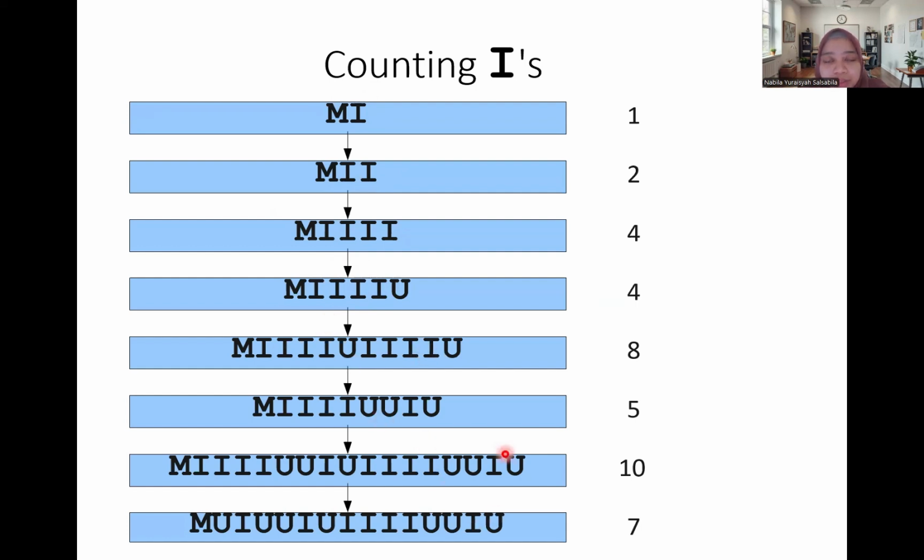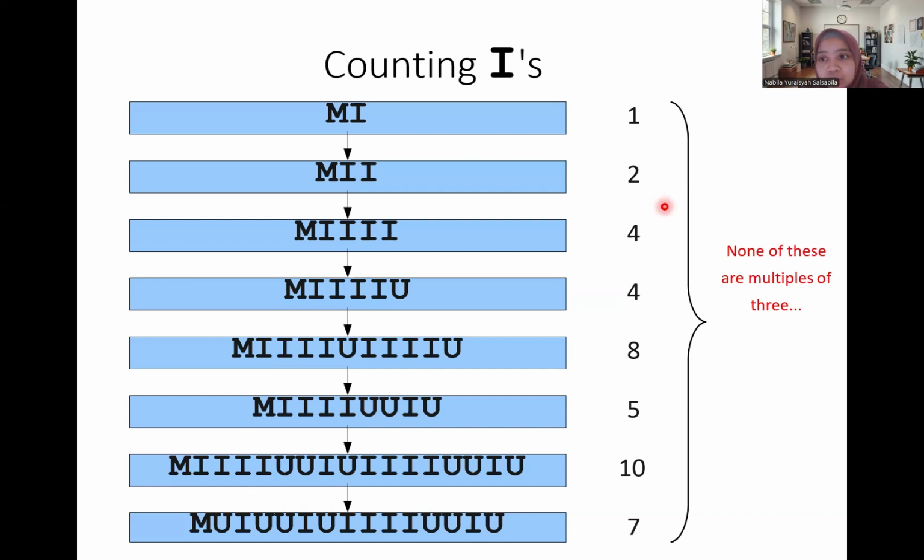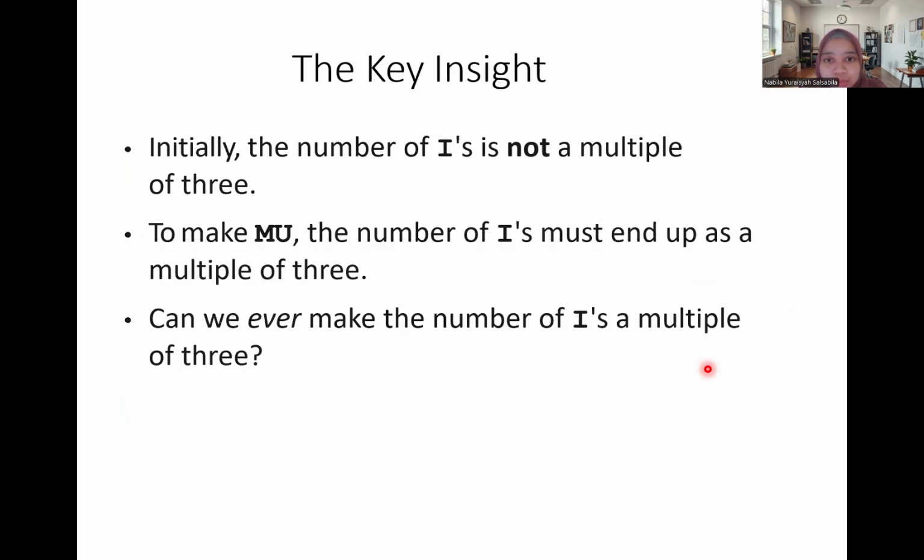Remember, in the previous slides, to transform I to U, we need how many I's? We need three I's, right? We need triple I's. But here, is there any multiple of 3 among this number of I's? No, none of these are multiples of 3. Since the initial number of I is not a multiple of 3,